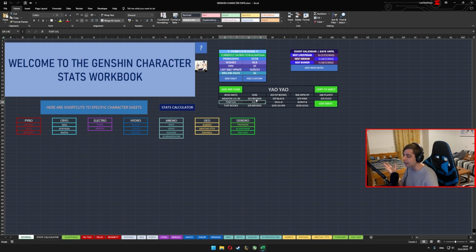Whatever. Talent levels here are displayed. These are our talent goals, what we want to get, and these are the books that we'll need. For 188, we need 6 bronze, 42 silver, and 20 gold. Again, if you call the books blue, that's fine. I just like bronze, silver, and gold. Okay. So then we shall copy to sheet,